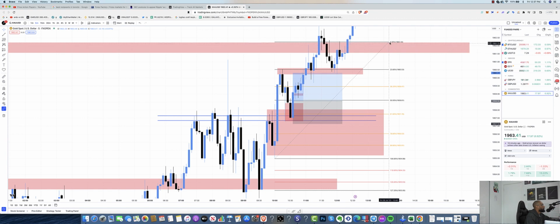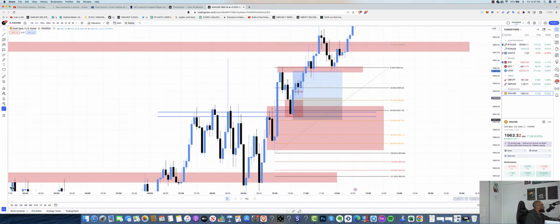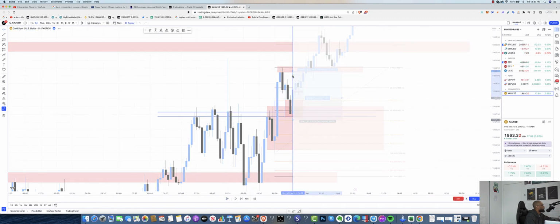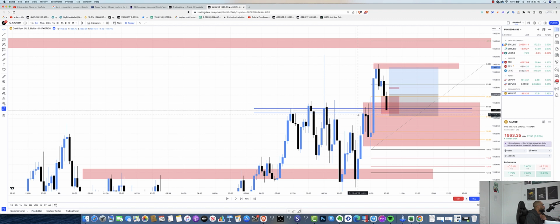So right now, what we're looking at is we have this zone right here. So we have this demand zone right here that was created. And let me just kind of put a replay on for it here. All right. So normally when we have demand zones, as well as we had the price on the support area,